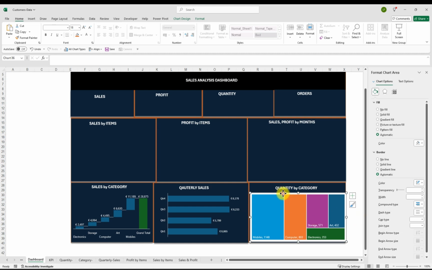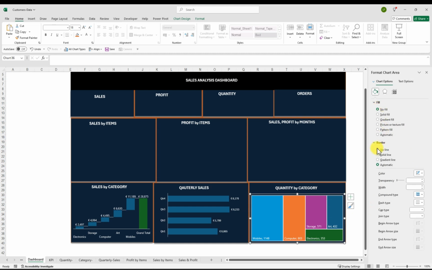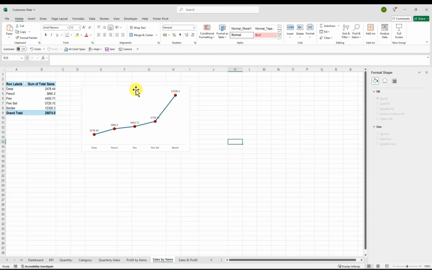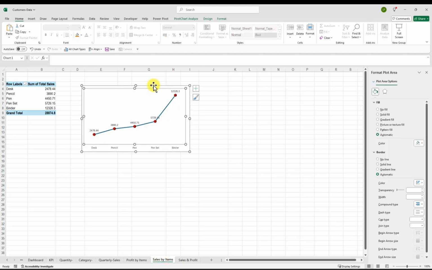So the next thing we should do, let's also reduce this a bit. Then we go to format. We don't want this. Then we don't want border as well. So this is perfectly good. Then the next thing we do is we go to sales by item. Let's look for the sales by item. We have our sales by item. We copied it,